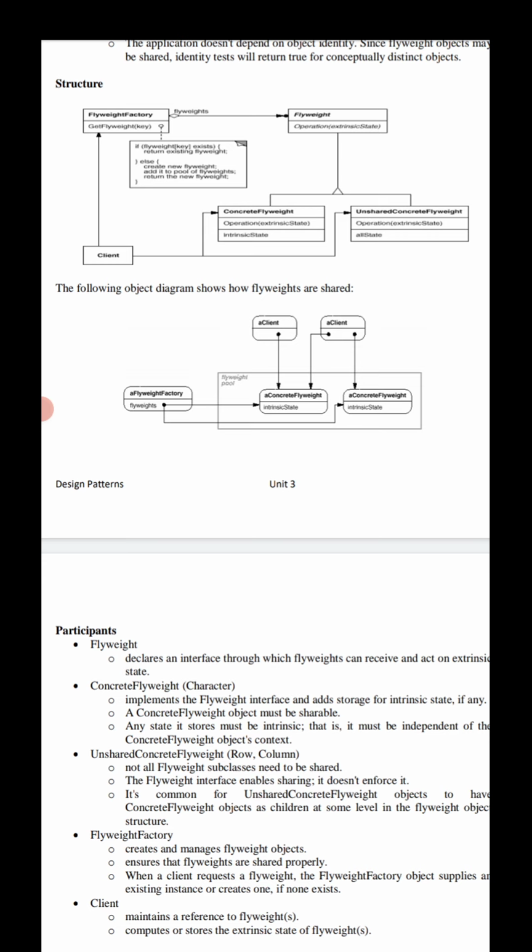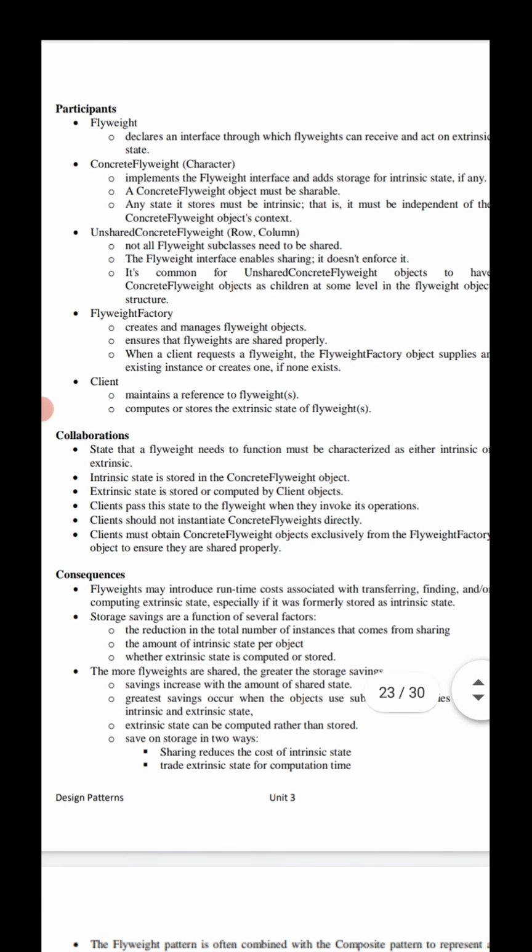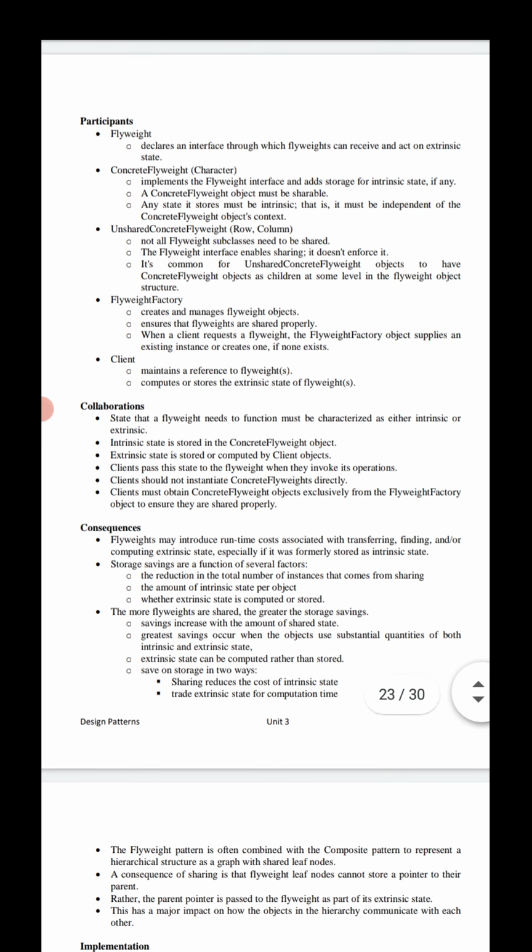Coming to the participants section, how those classes and objects collaborate to interact in that particular scenario. In the structure we use flyweight, in the sense Glyph is an abstract class present for all the graphical objects in the document structure. What does this Glyph, the flyweight, do? It declares an interface through which flyweights can receive and act on extrinsic states.